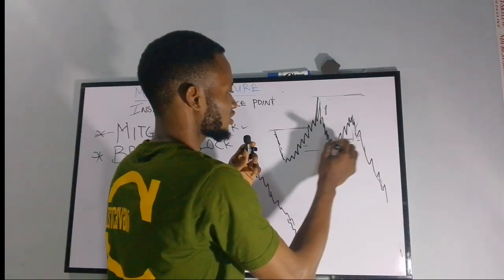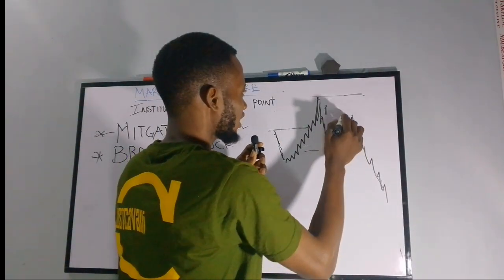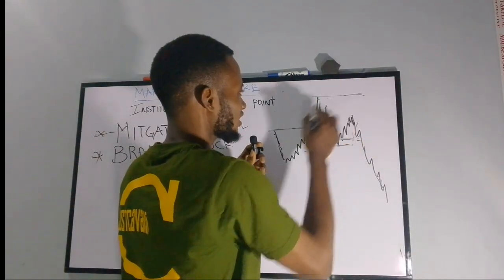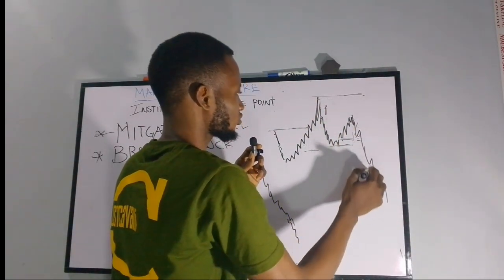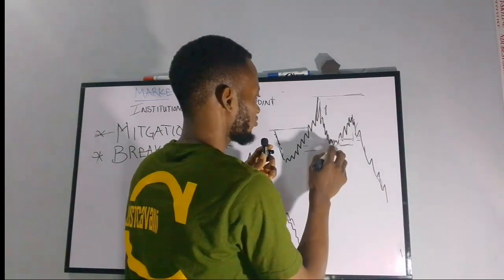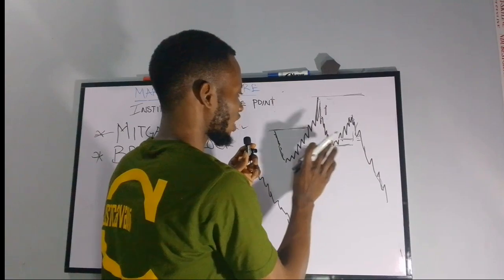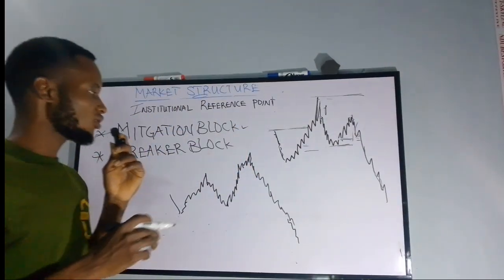It is called a mitigation block. An order block that couldn't make price break a recent high or a recent low and then dumps to the opposite direction is called a mitigation block. I'm going to tell you how it works, but before I tell you how it works, let me explain how